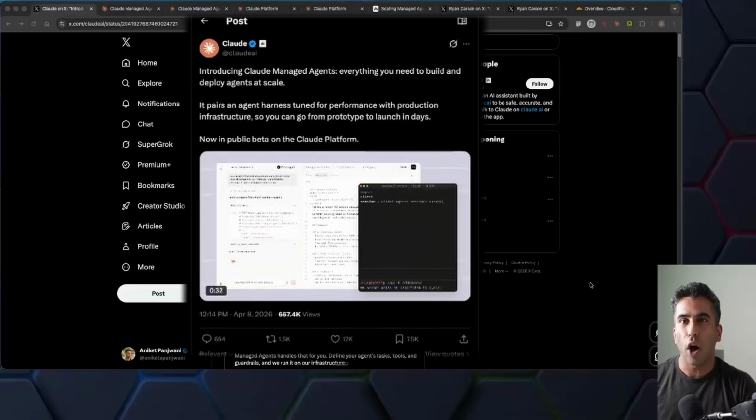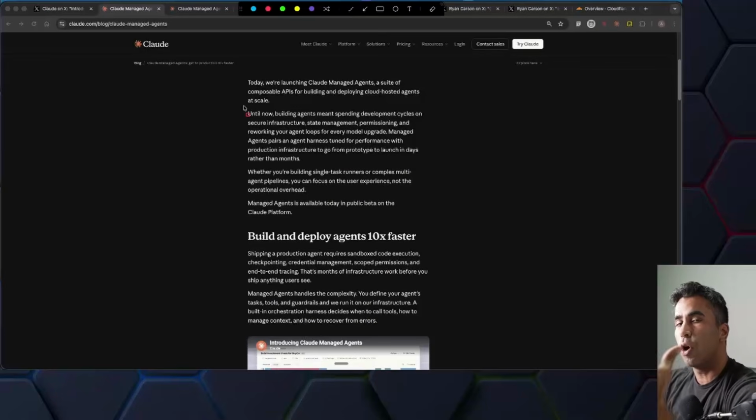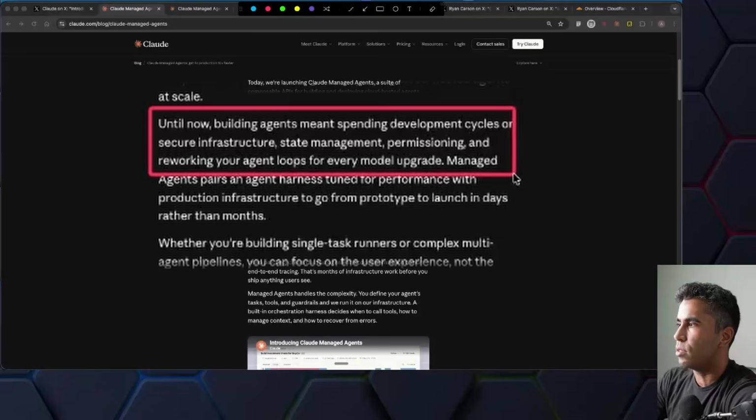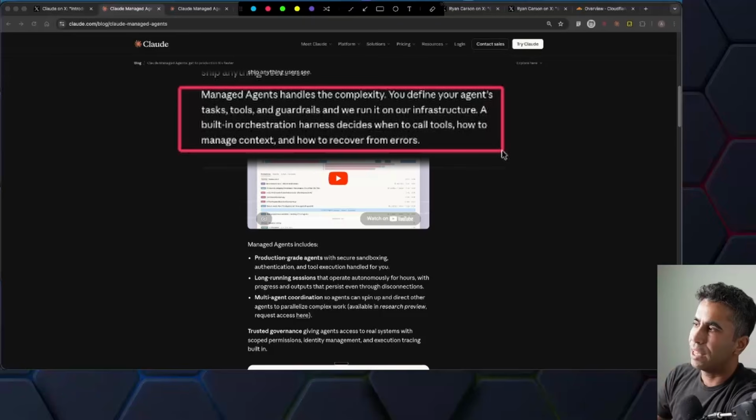Anthropic just dropped Claude Managed Agents. If you wanted to make your own agents, not just using Claude Code agentically in the terminal, but have your own agents doing things autonomously, previously you had to have your own infrastructure, your own state management, like how does this agent have its own memory, permissioning, and reworking the loops, the way that the agent works after every model upgrade. Now, Anthropic's got a feature allowing you to define your agents, tasks, tools, and guardrails, and they run it